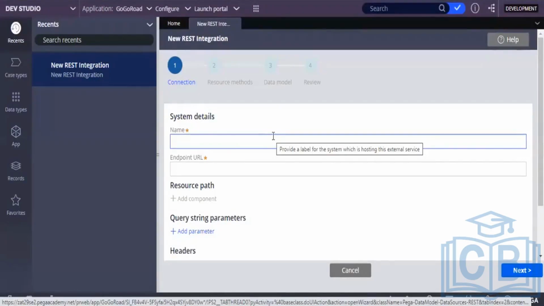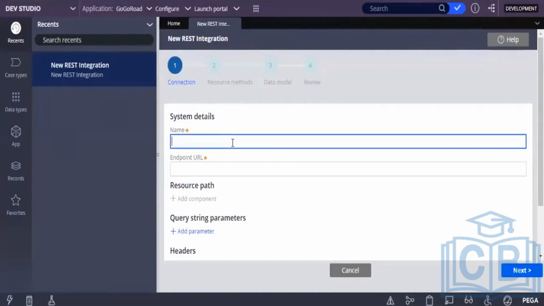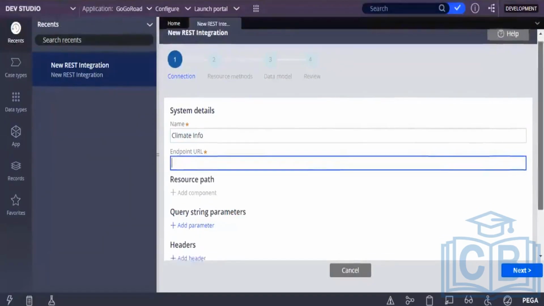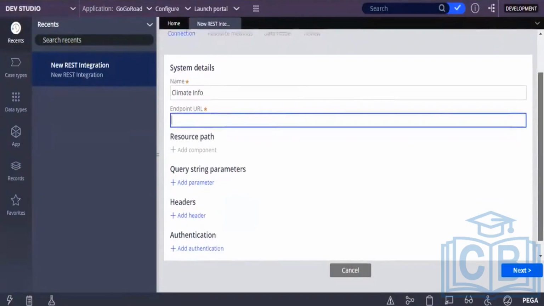Here you see, it is asking for a name, right? You can give not your name, but the Connect REST API name. Suppose you are using a REST integration for a weather API, checking the weather information. You can give a name like weather info. And the Connect REST URL, the clients will provide in real time.